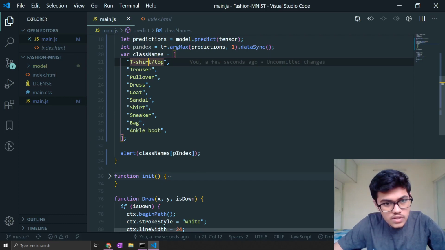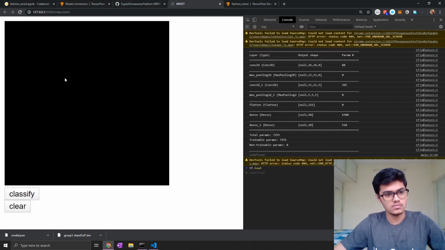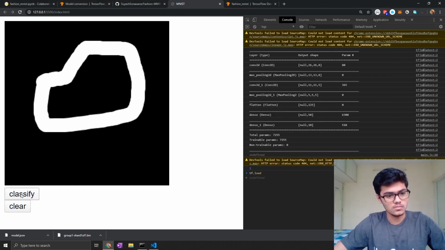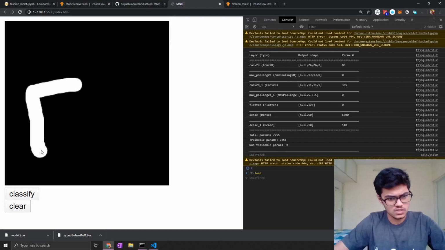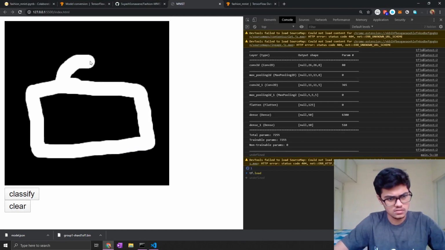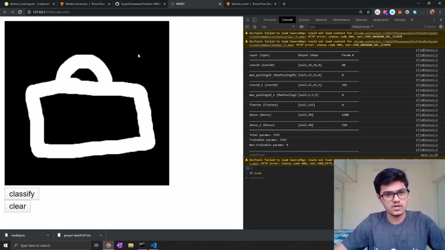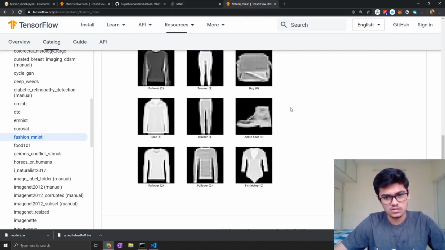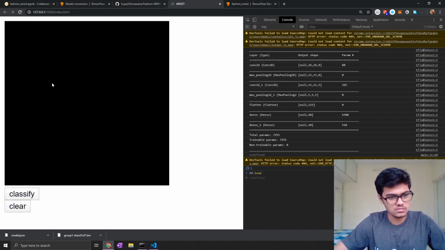Index is not defined. So it says it's a sandal. So first I try what I tried earlier, whether it classifies the bag. Okay, so it tells it's a bag, so it is working fine. I think the bag actually looks like that. We will also try something short or carry.